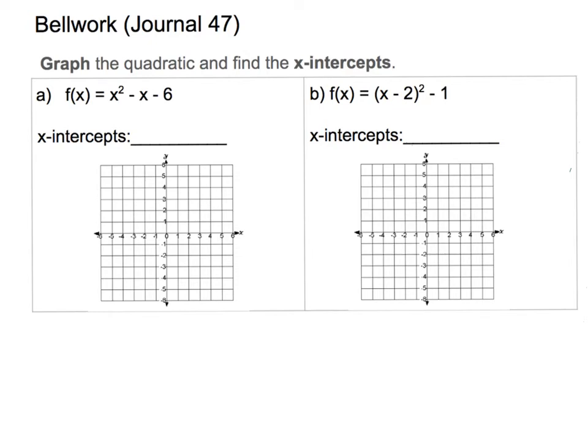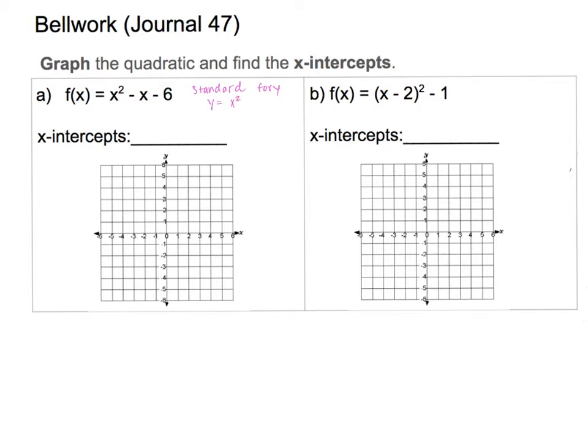Okay, so in this work here, I'm going to graph two quadratic equations. Now this first one has an equation with three terms and no parentheses. So we call this one standard form. It's standard form because it's generally written so you can see the quadratic,